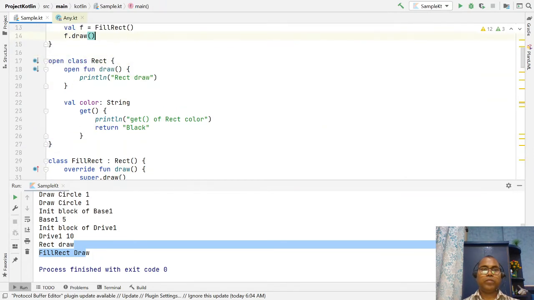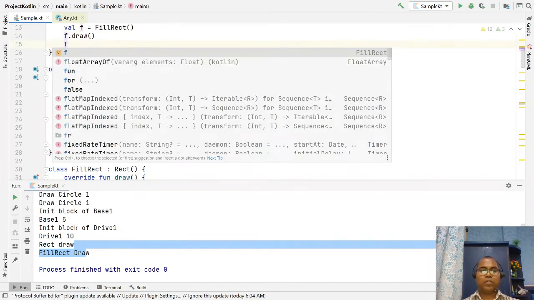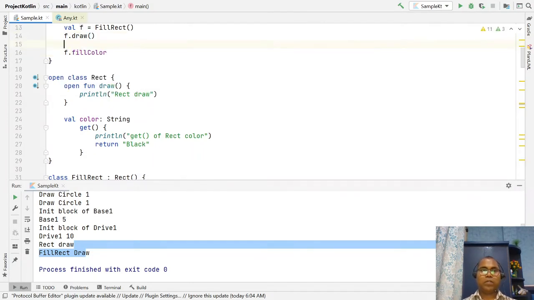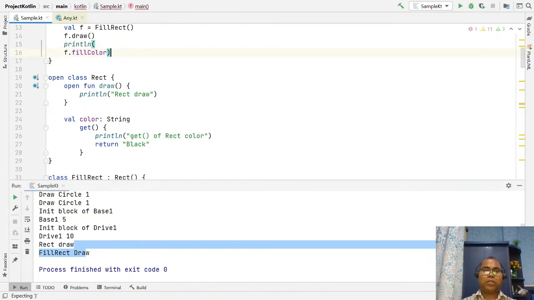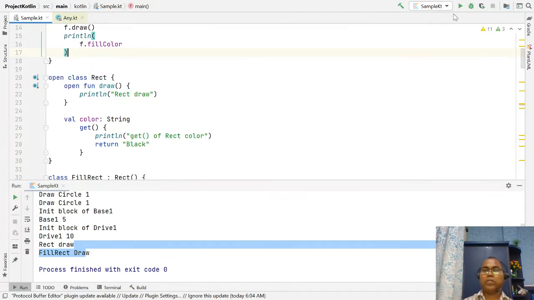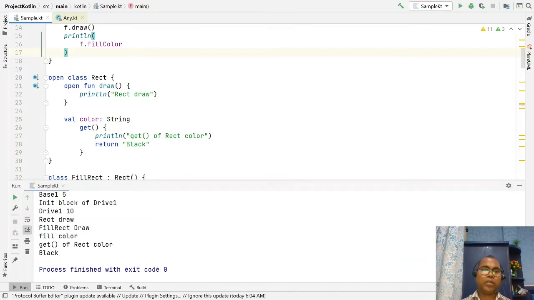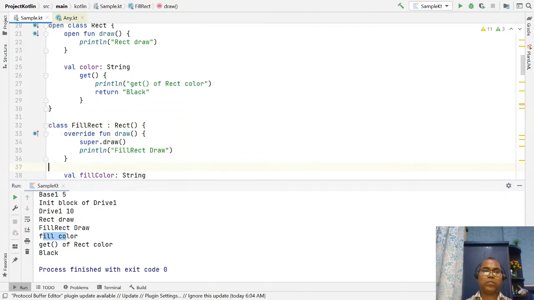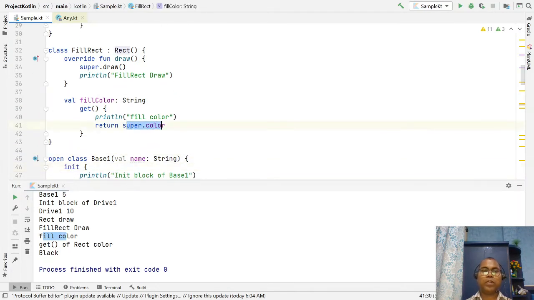And if you try to access f dot fill color, println. So if you are accessing the fill color, first your fill color is invoked, and then internally you have to invoke the super dot color in the subclass, not return any value.